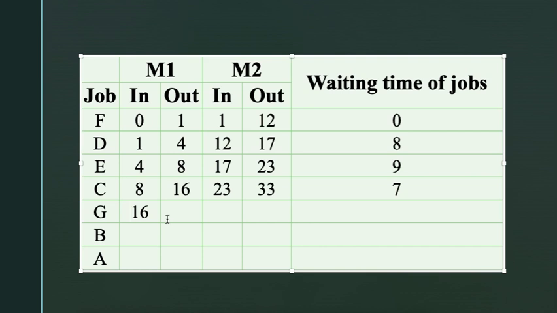It is 23, right? If we see here, 33 will be the starting time, right? And how much time does job G take on machine M2? It is 6 hours, that is 33 plus 6 is how much? 39 hours. And now see here, the difference between these two, 33 and 23, this will be the idle time for the job, that is 33 minus 23 is how much? It is 10 hours, right?